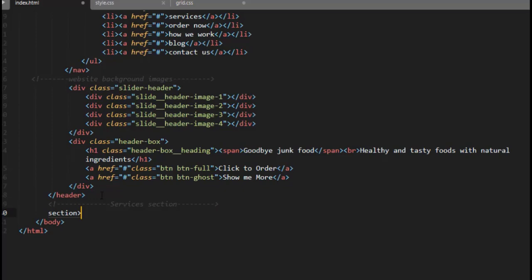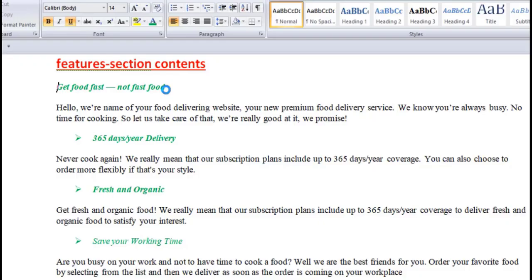Inside this section we have two rows, the header part and the service section part. Here we have class row, and here we have an h2 element having a class name section heading, and also here we have a paragraph element having features para. So here we have our text that we are going to use. So let me copy this and paste over here,